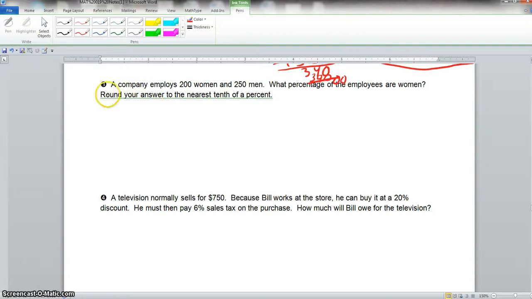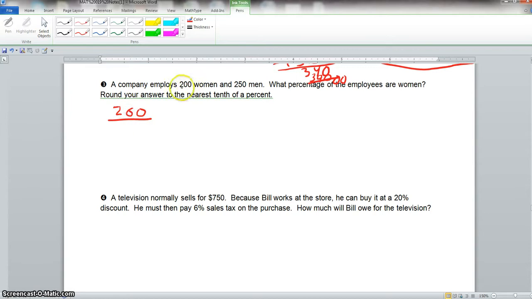Okay, now class, picking up where we left off, we'll start with problem number 3. A company employs 200 women and 250 men. What percentage of the employees are women? Round your answer to the nearest tenth of a percent. Now remember, it's 200 women